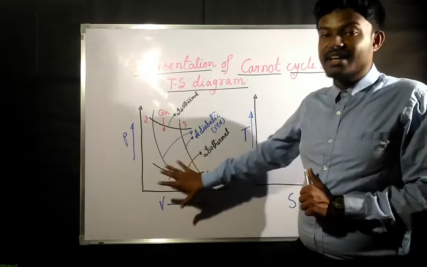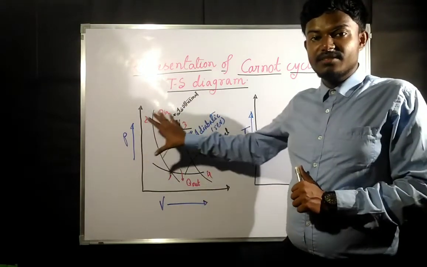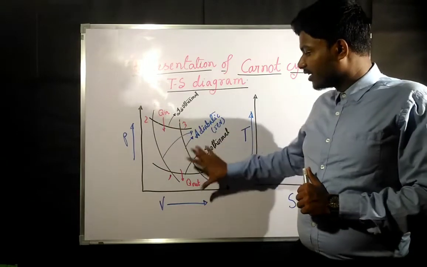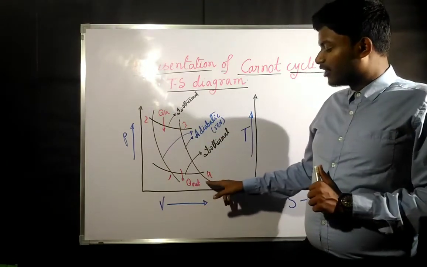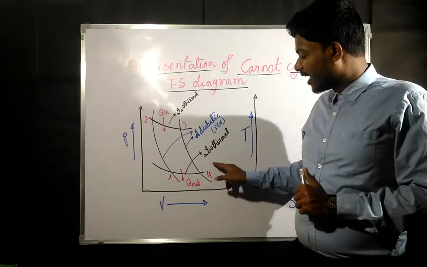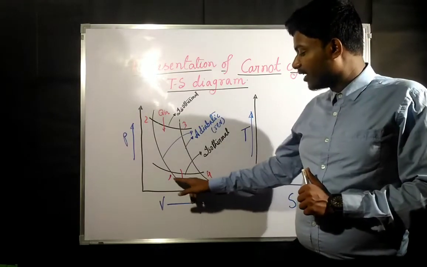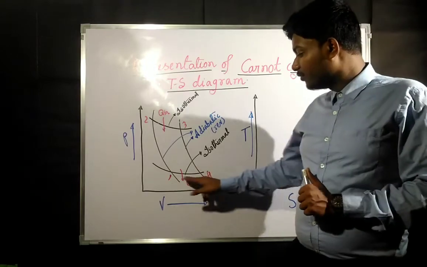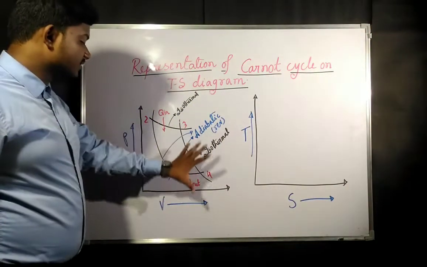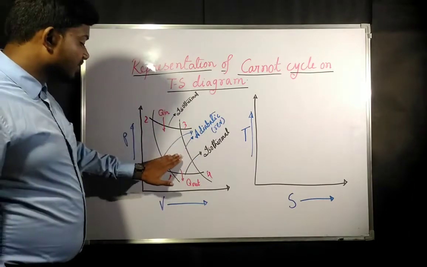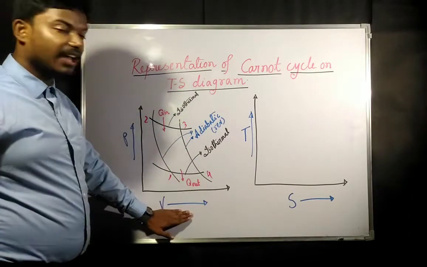So Carnot cycle is a completely reversible process, or reversible cycle. Carnot cycle is completely reversible. So again adiabatically we are expanding this gas, and after that isothermally we are taking out the heat, and that is the reason why again the volume is coming to the original. Okay, so this is the representation of Carnot cycle in PV diagram.